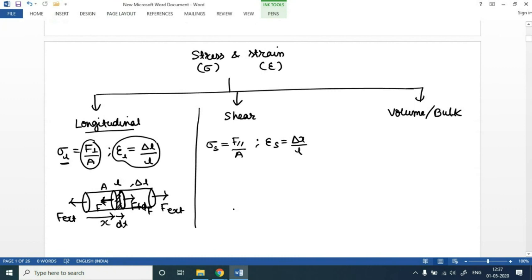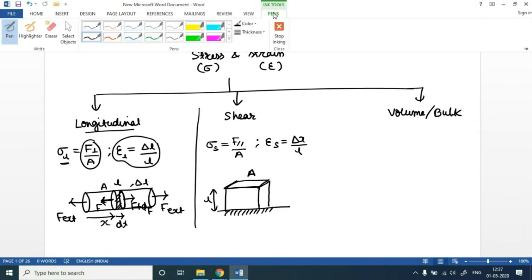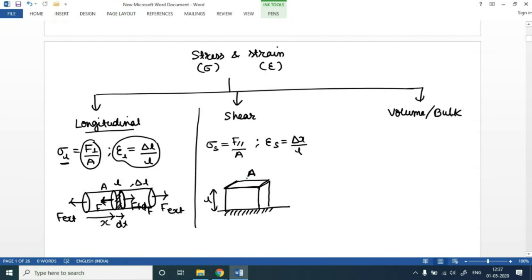And let's try to understand it using a diagram. Let's say this is a surface, and for example, say we have a cube here, of length L, and the area of its topmost surface is A, and let's say it is fixed at this edge. So if we apply some external force parallel to the surface,